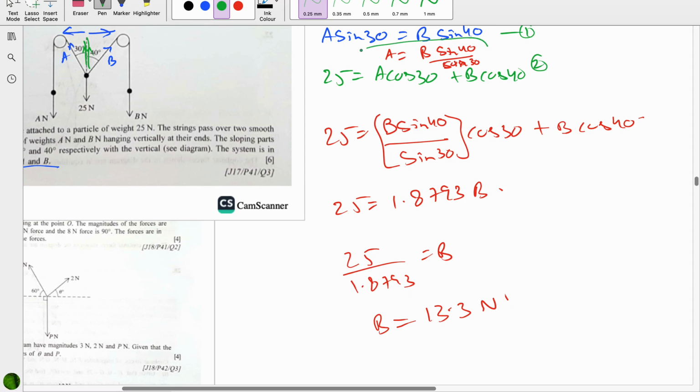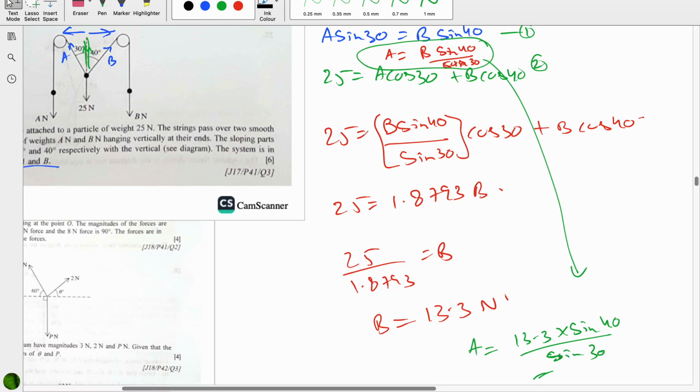And then we substitute this in the previous equation to get A, which is 13.3 times sine 40 divided by sine of 30, and this shows 17.1 newtons. Okay, that's right. Question number 37 says, given that tan of alpha is 12 by 5 and tan of theta